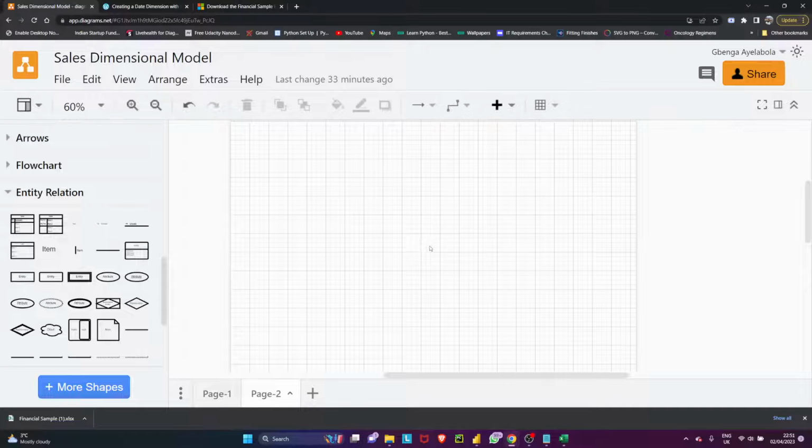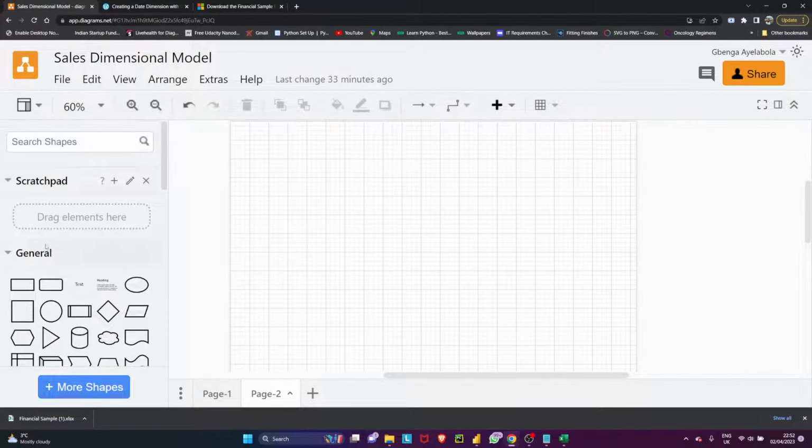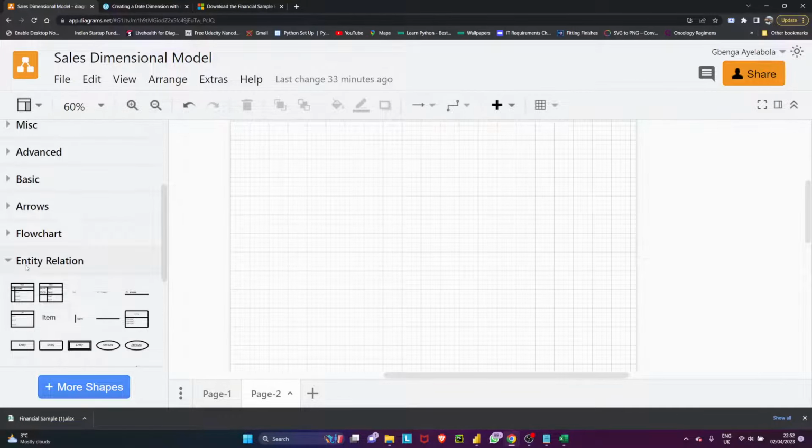The fact table in this instance would be to identify first, what does this table really suggest? What does it really mean, by merely looking at it? If you look at that table, it talks about sales transactions of products. So I would then scroll down from this point. You probably would be on general, so you want to collapse that and move to your entity relation, because again,